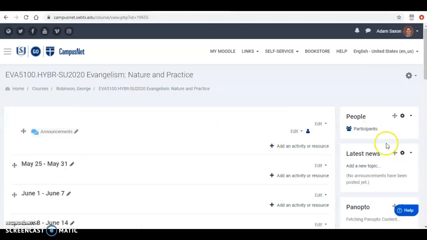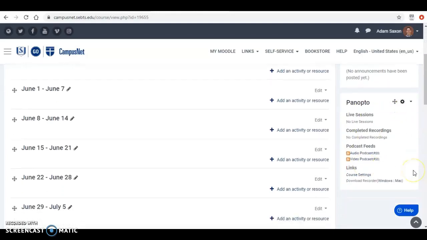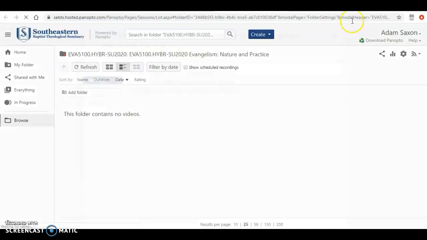Okay, now back on your course page, you'll see the Panopto focus block has changed in appearance. You'll see that it says completed recordings. Of course, there are no completed recordings yet because you haven't recorded anything. You'll see the podcast feeds, which is how students can download the recordings you make. And then under links, you'll want to click on course settings. This will take you back to